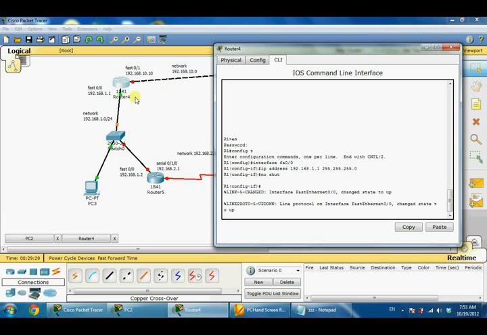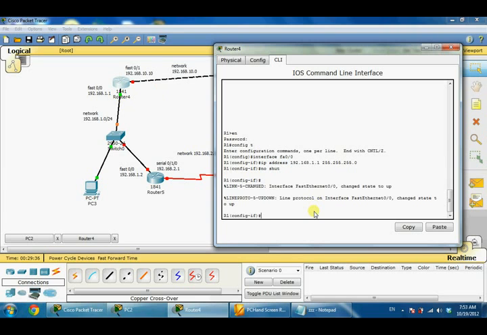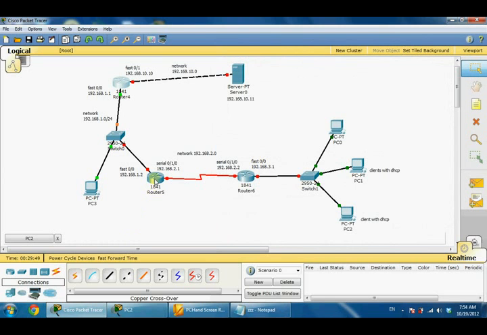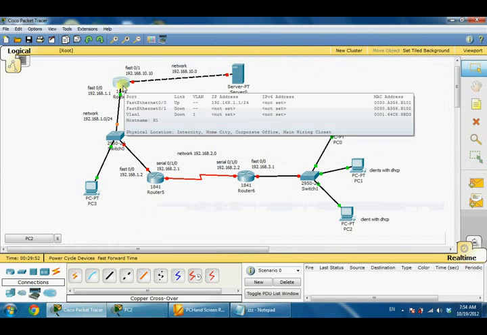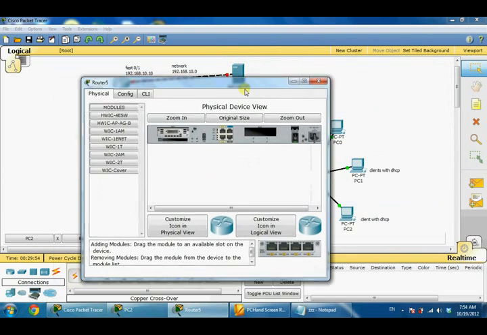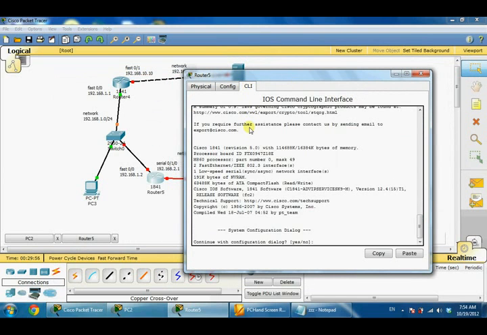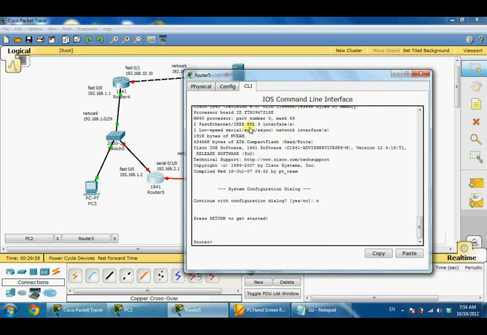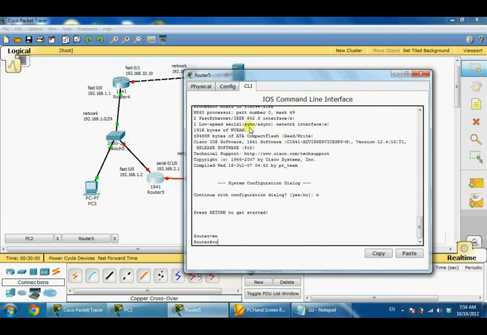So the link is going up. Look at this here, green. I like this green. Okay, so now let's configure the IP addresses everywhere. Okay, here we're done with this router, and then second router, the same: enable, config T,